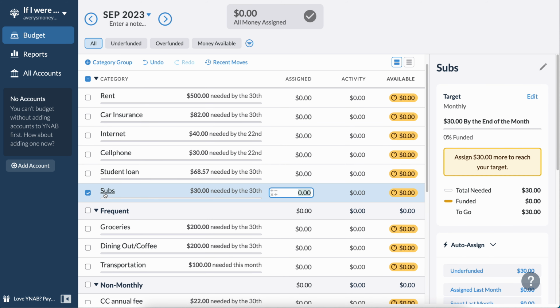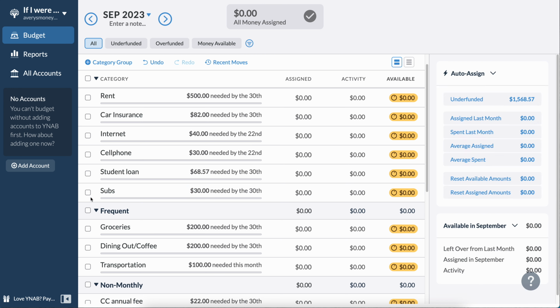Can I get rid of any of my subscriptions? Let me think about what they are. So I have Apple Care. I don't want to get rid of those because they protect expensive pieces of technology, which I think would be even more important to protect if I was making less money, because I would have less money to replace those.